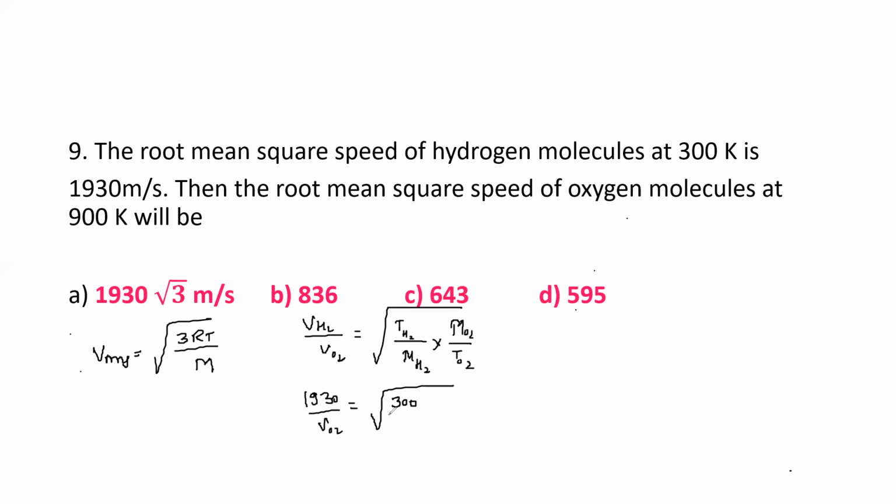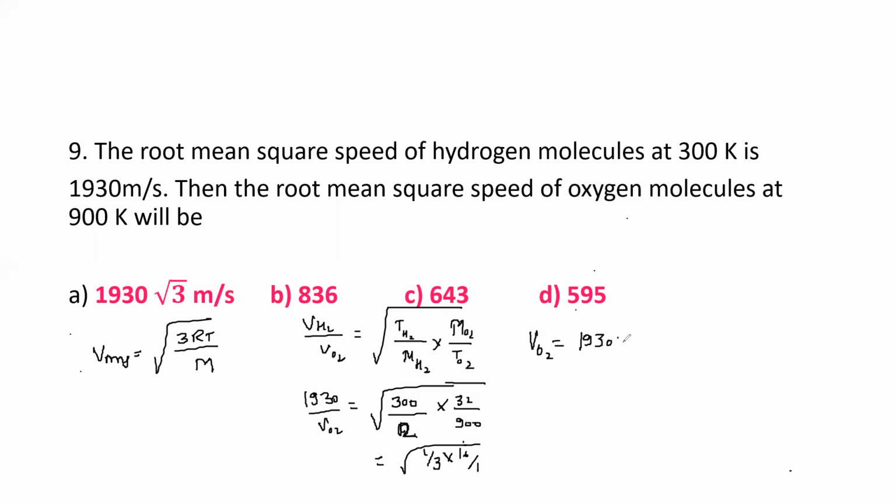Temperature of hydrogen is given. Mass of hydrogen we know is 2. Then mass of oxygen is 32 and temperature is given, it is 900. Simplify this. If we simplify here, we get 2 and 2 cancel, it is 1 by 3 into 16 by 1. That is nothing but 16 divided by 3. We will get 16 divided by 3, which implies for oxygen, this becomes